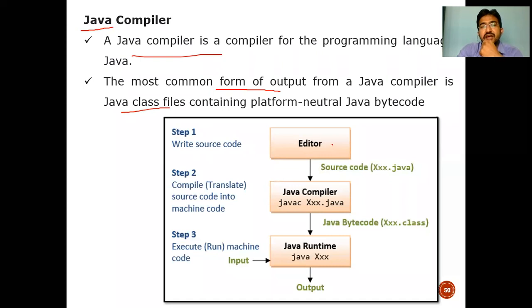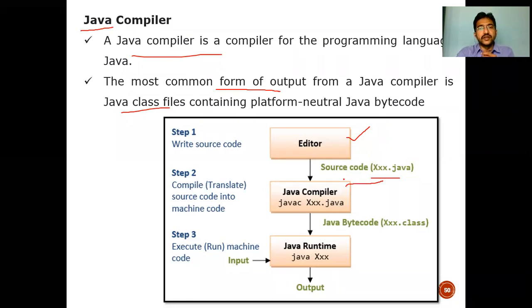Now see the figure. In step one, we can use an editor. We can use Notepad or Notepad++ to write programs directly. Turbo C acts as the editor as well as the compiler, that's why you type the program and run it right there. To write Java programs, we require Notepad or Notepad++, or we can use an editor such as the Eclipse IDE. Once you type the program, you need to save the file as filename.java.